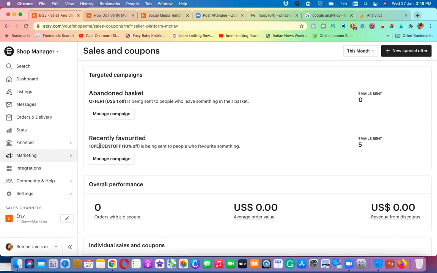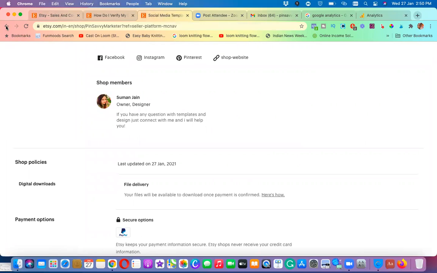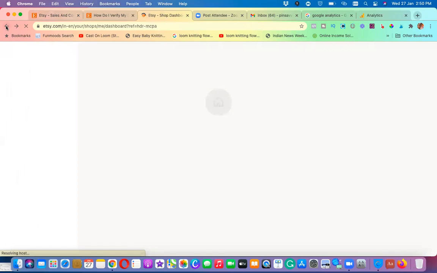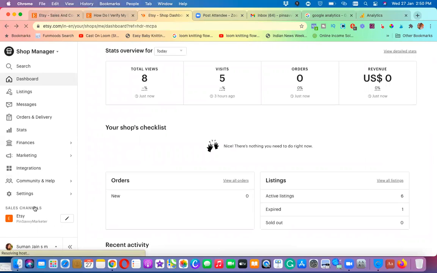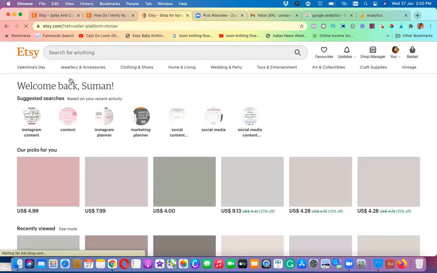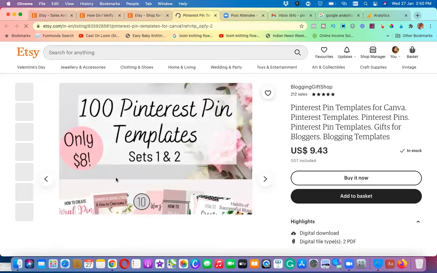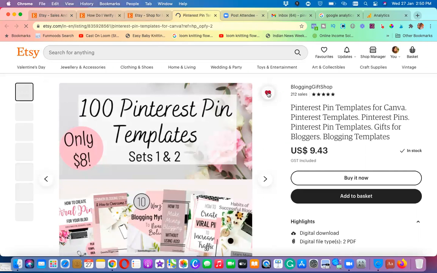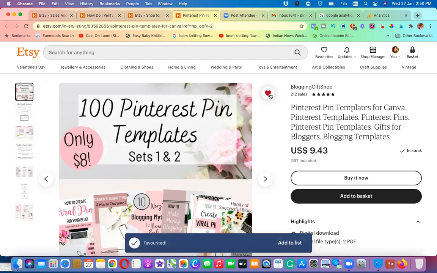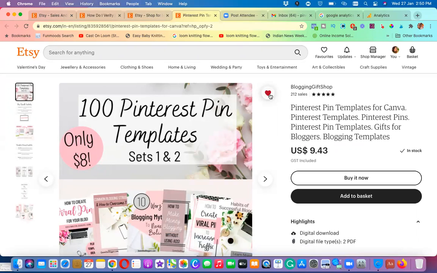Okay, so if you have some people, what they will do is they will go and click on the heart. Say for example, I'll just open one of the stores. Okay, so if I'm checking one of the products and I click on this heart, then I can send an email to the person who has hearted this particular item.